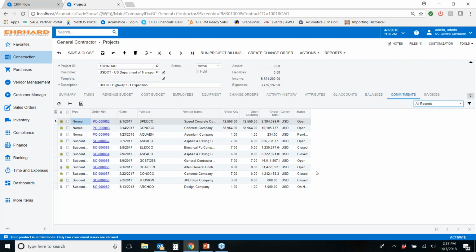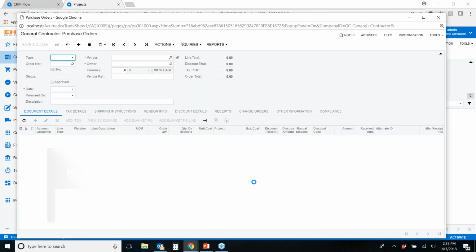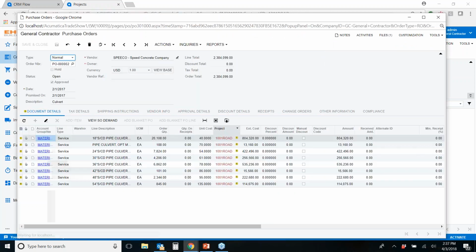All of my commitments for the project are here, so purchase orders and subcontracts. Again, any place I have a link, I can drill down, I can get more data. There's lots of drill down capabilities within this system, so you can keep going right into different areas of the